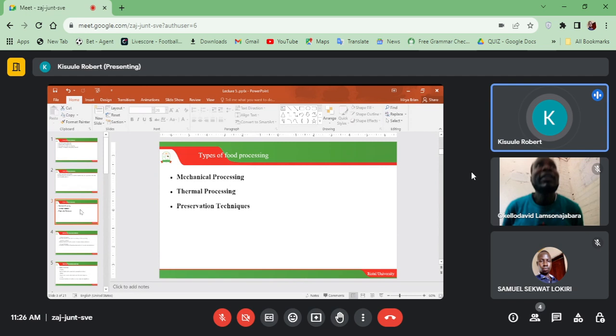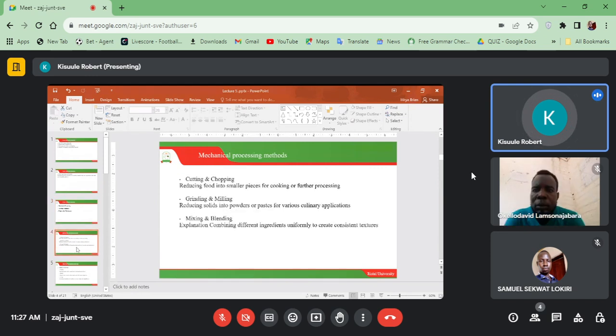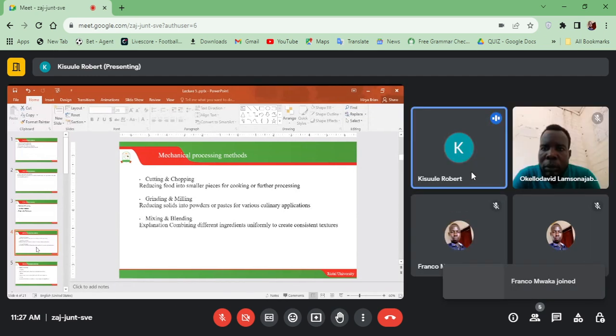Right, let's kick it. Let's start with mechanical processing. In this mechanical processing, we are looking at the usual things we do to the food, things that do not require changing the food entirely. We'll be looking at things that we usually do commonly, which include cutting and chopping, and when we look at this, we are saying you're reducing food into smaller pieces for further processing, such as cooking. So here, when you go and peel the matoke, when you go and peel the cassava, when you split yellow bananas,